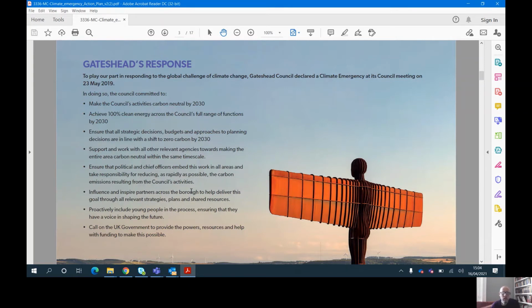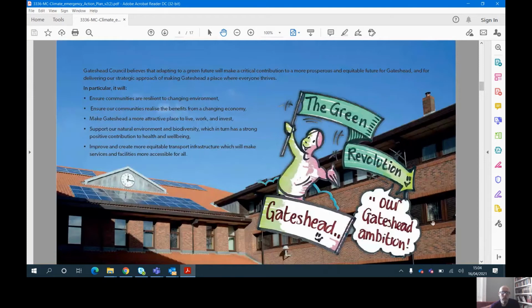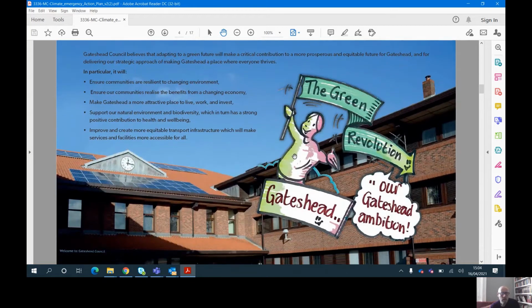It is significant to note that this plan was only published in February of this year. So having declared that there's an emergency in May 2019, it's taken almost 2 years to actually produce a plan. So at the moment, it doesn't feel like an emergency. Having said that, there's some really good things in this plan, so it's really worth looking through this and understanding